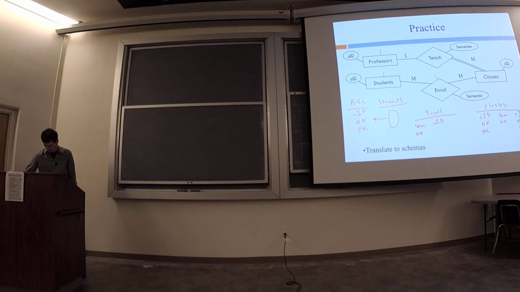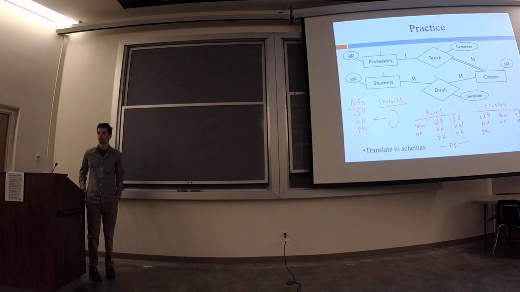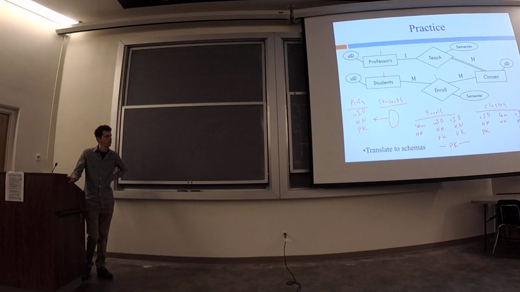UID and CID. Non-null, both of them are. UID is a foreign key. CID is a foreign key. Primary key is both. But we have to do so that it doesn't matter which way, because you could have CID to UID and UID to CID and it'd be the same thing. The order of the key doesn't matter